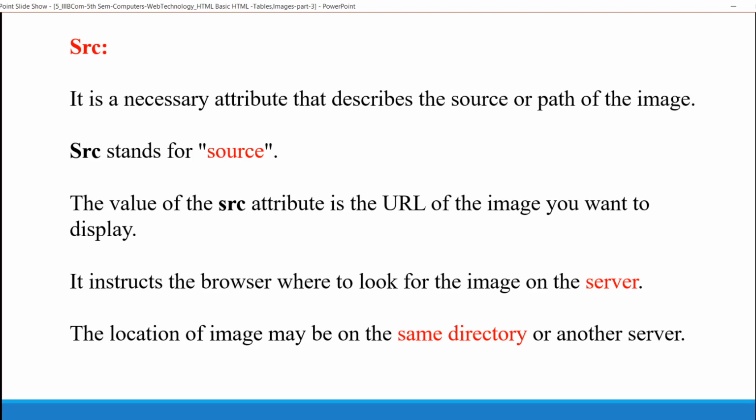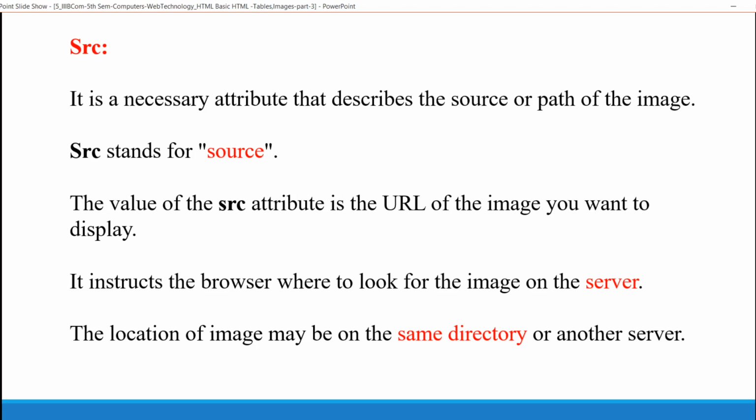Attributes that are used in the image tag are source and alternate. What is source? Source describes the path or source of an image, from where we are getting the image. That path should be specified with an attribute, that is SRC. SRC stands for source. It describes the source or path of an image.